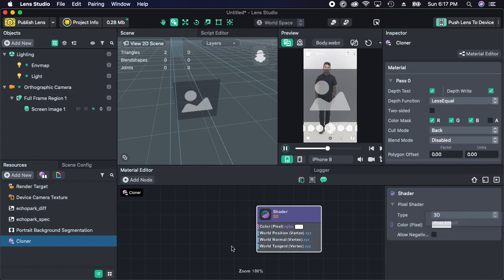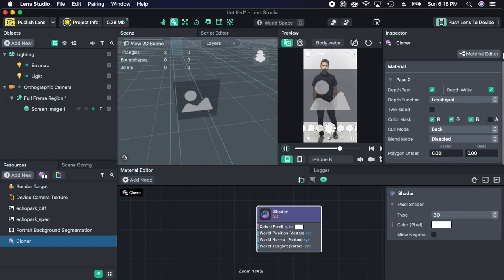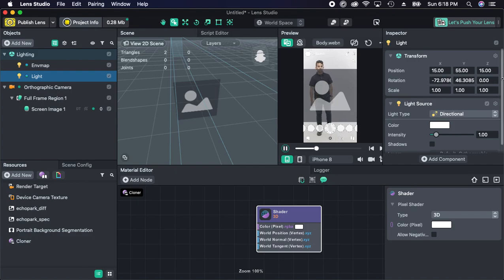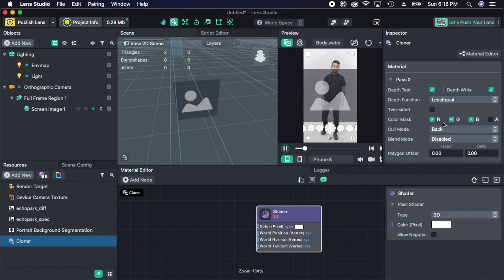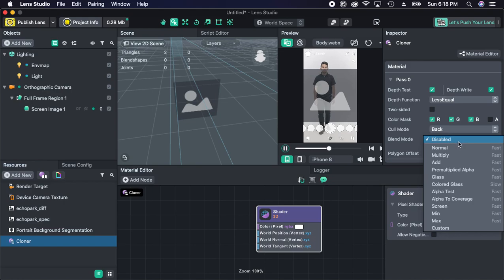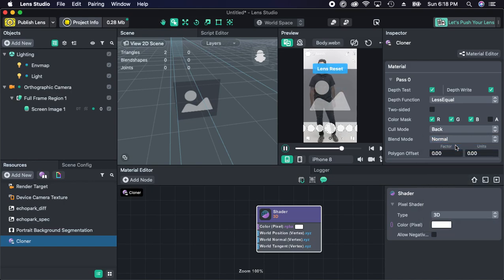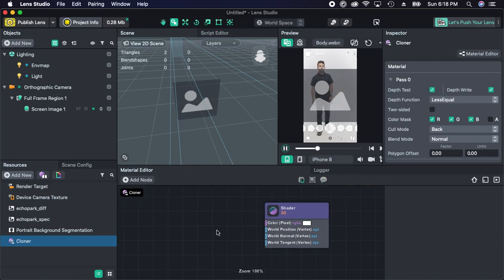You can play with it or you can leave it like this. There is something called an inspector panel, which whenever you click on something you'll be seeing all the properties associated with that particular part. When I click on the material, you'll be seeing something called a material. Under this there are many things. What you have to do is make the blend mode normal, because we are going to deal with something called alpha. We'll be seeing it in a bit. Once you have done this, you can come under the material panel.